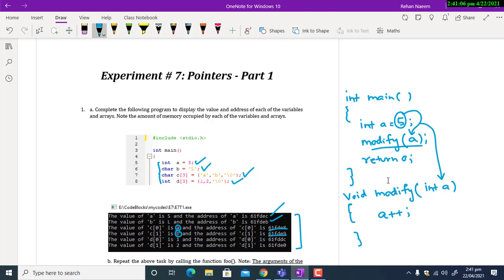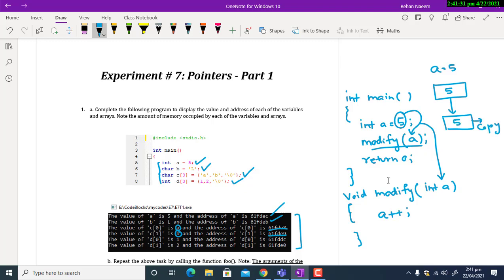When you write a is equal to 5, 5 is stored in the memory of the computer. But when this function will be called, a copy of 5 will be created.